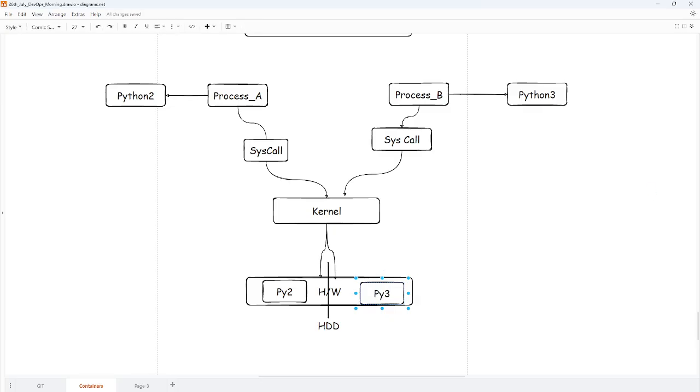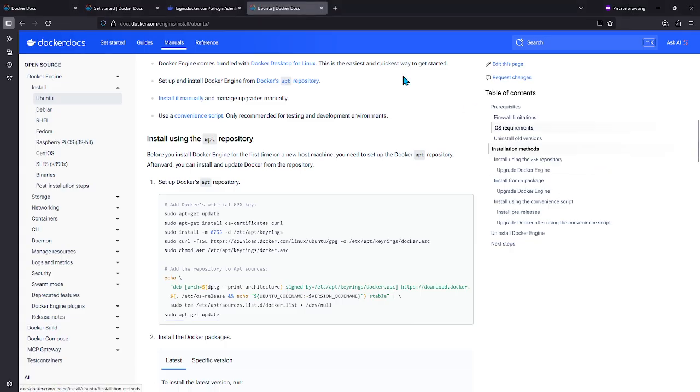So what will happen? When the request comes from process A, the system call to the kernel will see that this request is coming from process A, so let me allocate this portion of hardware. Similarly, for process B, the kernel will say, okay, this is coming from process B, let me allocate this portion of hardware. In this scenario, can we run process A and process B and isolate the hardware if we have something like this? The answer is yes. We can run both process A and process B if we can partition the hard disk in such a way. Such a property of Linux is called Linux namespace.